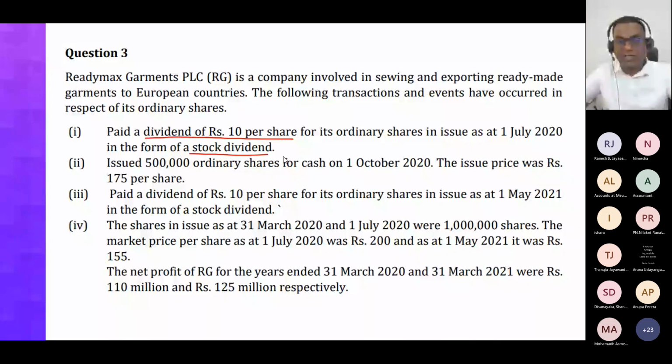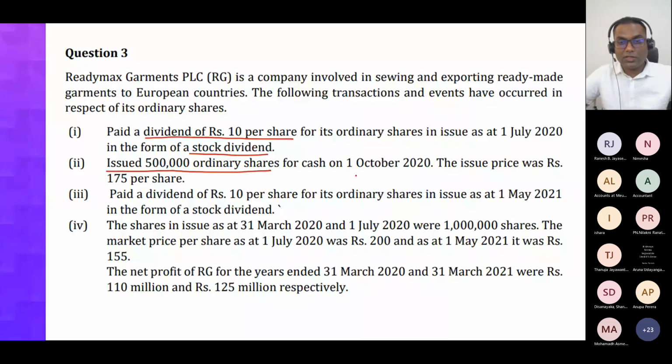So what is the year end? Year end is 31st March 2021. So the company has paid a stock dividend on 1st July 2020, that is during the financial year. The value is 10 rupees per share, so we need to look at how many new shares have been issued. Then the company has issued